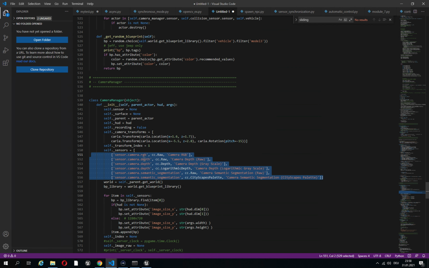It has the normal RGB camera. It has different depth cameras that we can use: raw and depth, and the logarithmic depth. And we have semantic segmentation, the raw semantic segmentation and the CityScapes palette semantic segmentation,